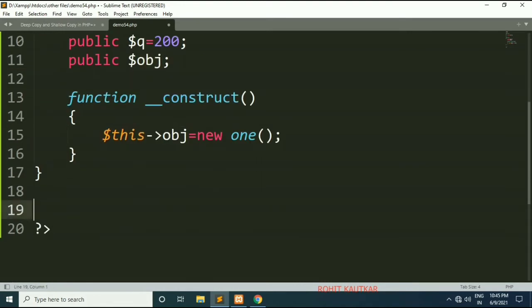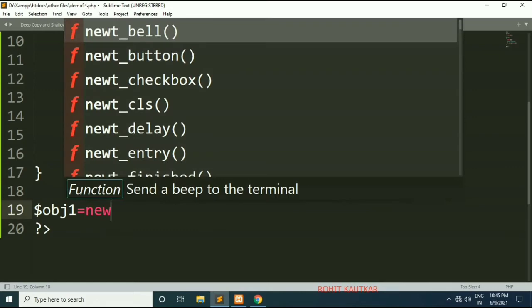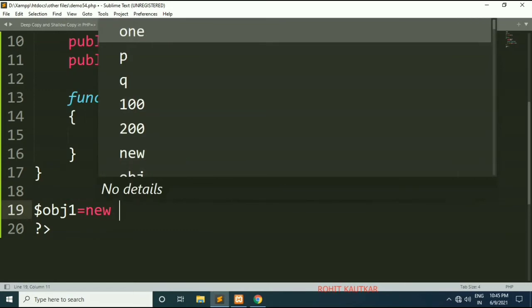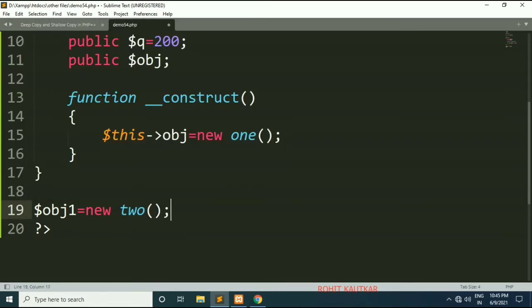Now I will try to create the instance of class 2. So I will write, let's say, obj1 is equal to new 2. Here we have created object 1 which is an instance of class 2, and now let's try to create one more object which will be a copy of obj1.